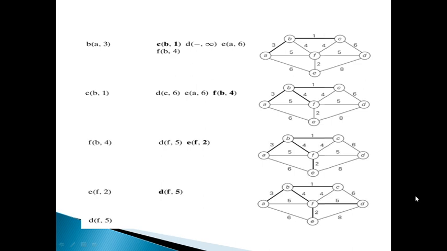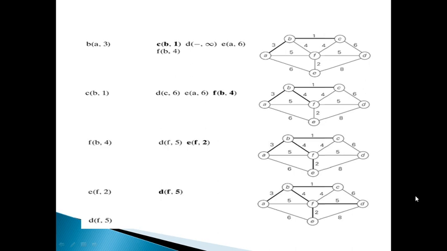In third column graph, we can see A to B edge is bold as it is selected. Now from B, we can reach C with a weight of 1. From C, we can't reach D directly, so it is infinity. From B, we can reach F with a weight of 4.